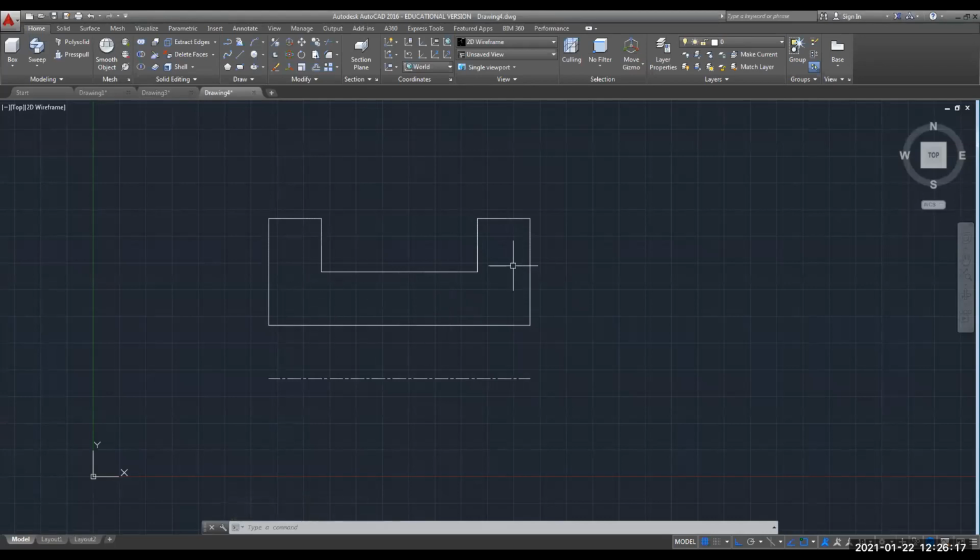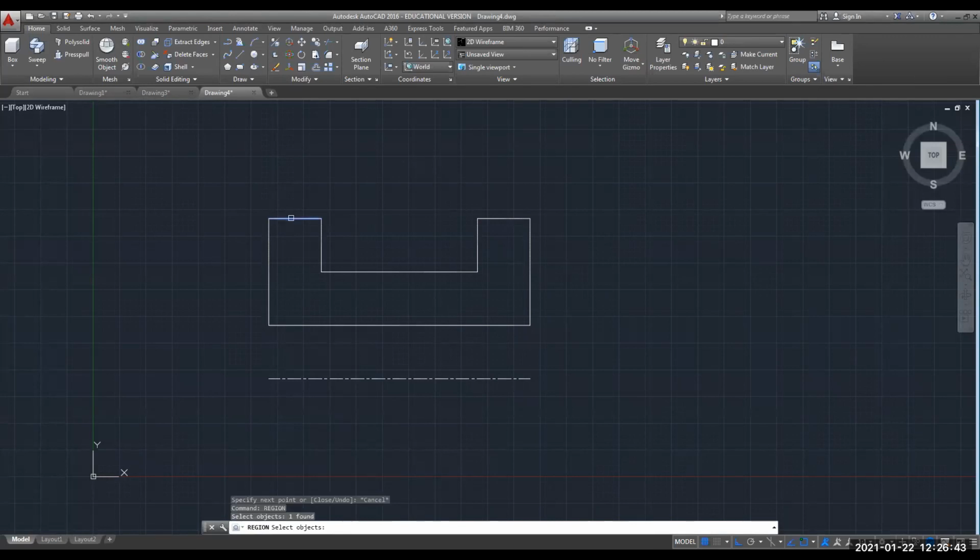After creating these line segments or this closed figure, you need to convert it into a surface. Which command do we need to apply here? Can anyone tell me? You can go for the region command. Press enter.